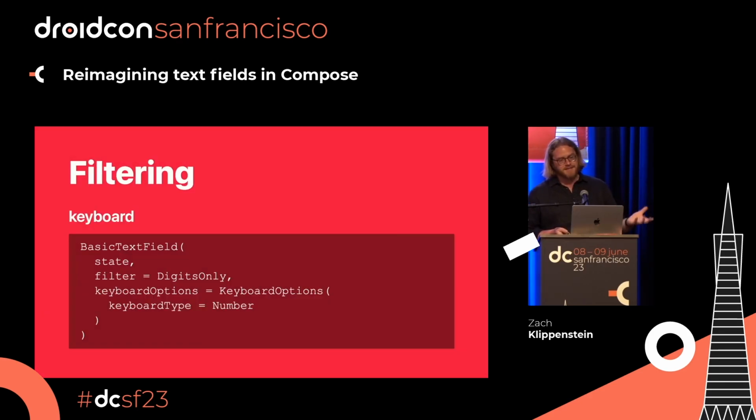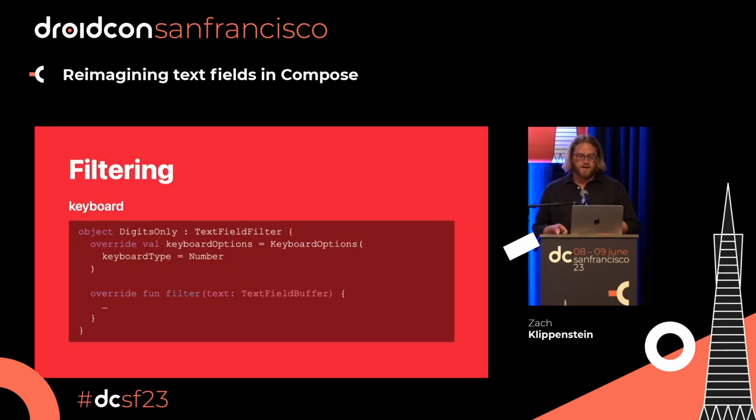So if you have a text field that only accepts digits, you probably also want to show a keyboard that only shows digits. You can do that with the text field by passing in keyboard options. But because that's probably going to be true for anything using this filter, you can also specify that on the filter itself. When you write a text field filter, you can optionally override this keyboard options property